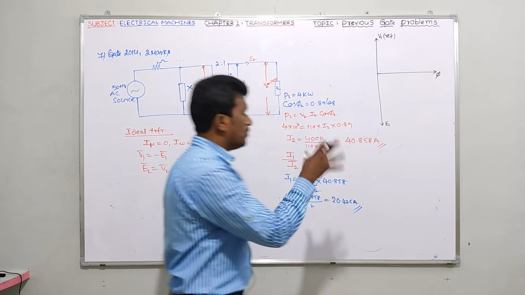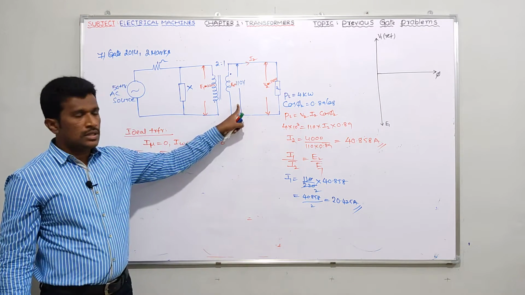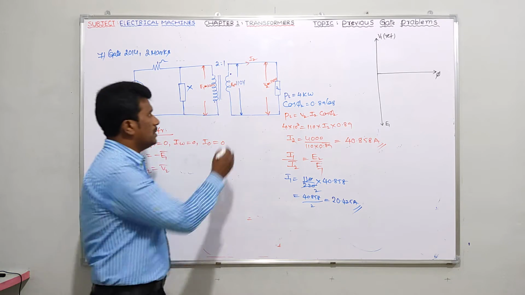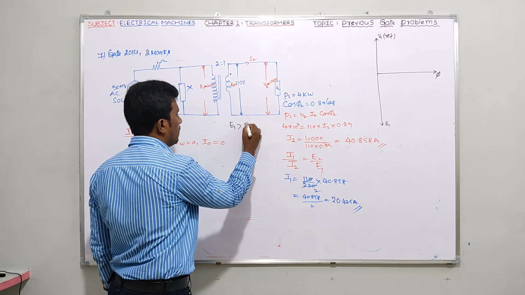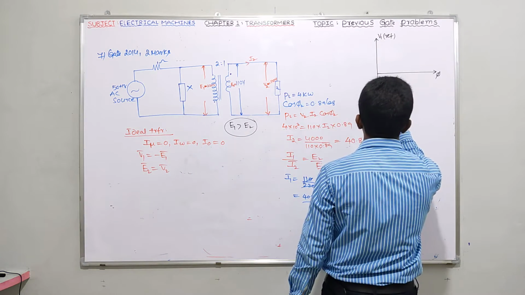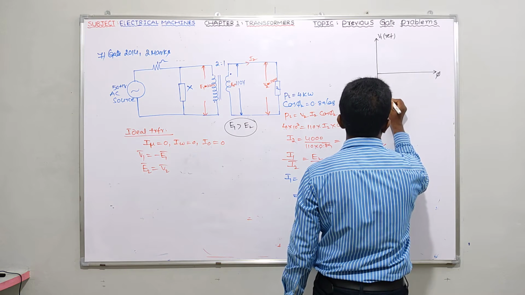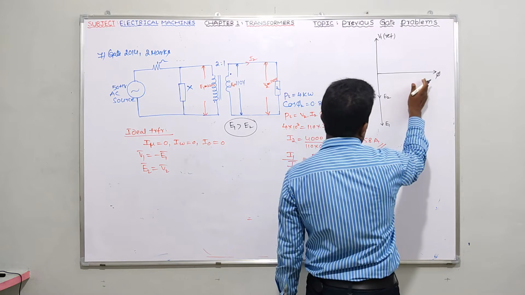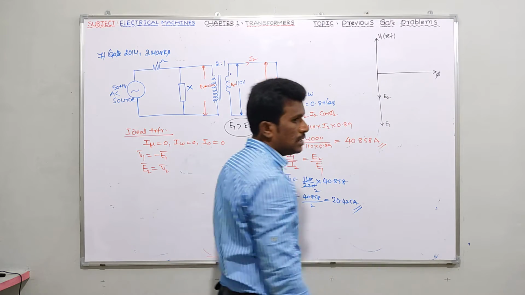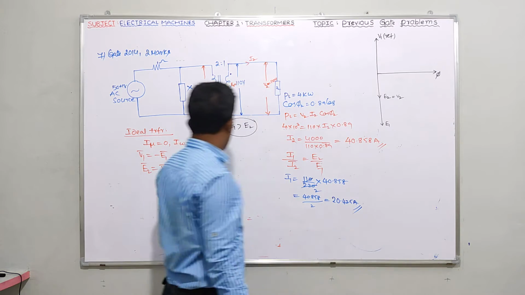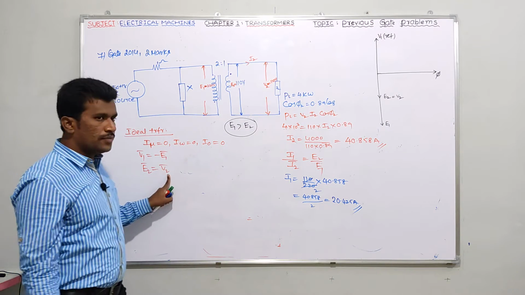And because of the same core flux, we also get an EMF E2. I told you E1 is 220 and E2 is 110. That means E1 is more than E2, which you have to understand. E1 is this much, and E2 is almost 50% of it, because it's 110 only while E1 is 220. Therefore I draw the E2 value here. E2 lags flux by once again 90 degrees. And you know, guys, E2 equals V2, because it's an ideal transformer. I can write E2 equals V2.